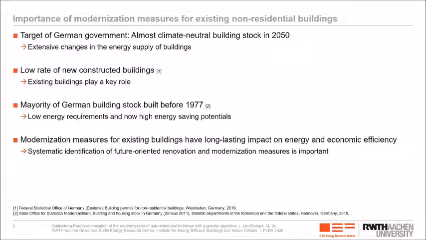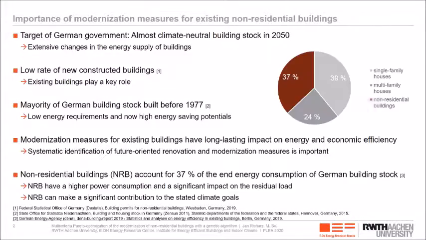Modernization measures have long-lasting effects on energy and economical performance and thus need to be identified systematically. Non-residential buildings account for a significant share of the energy consumption and can therefore make a significant contribution to the